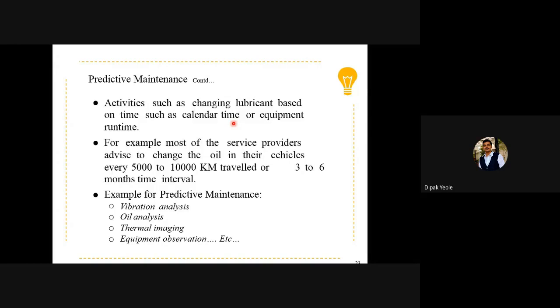So at what time you have to change the lubricant, at what time you have to change the winding, at what time you have to do the maintenance. So that is called the calendar time. The company has provided this for every equipment, industry equipments. Yes, or you can say equipment runtime. So by looking at the equipment or by looking at the performance of the equipment, one can take the decision and change the lubricant. But believe me, company मध्ये बऱ्याच वेळा काय करतात ते